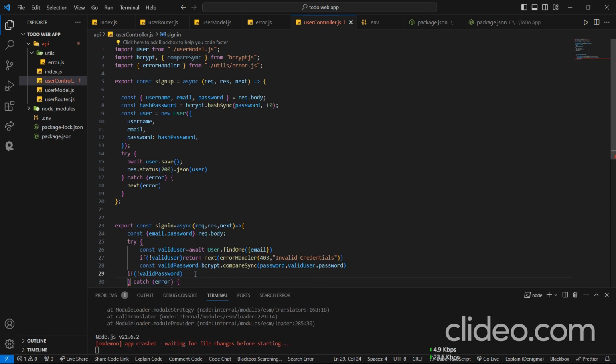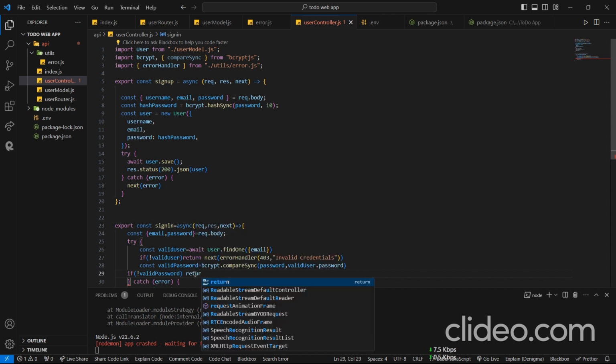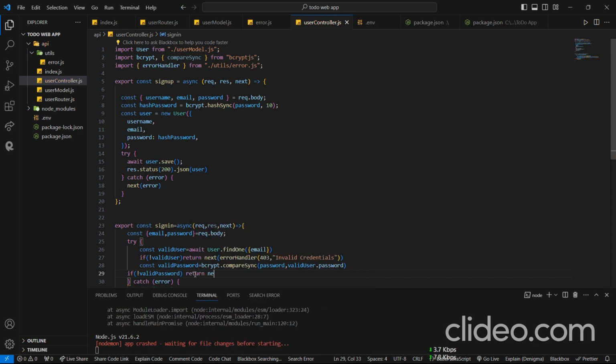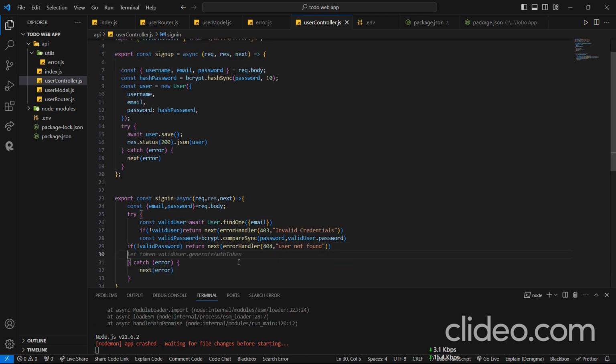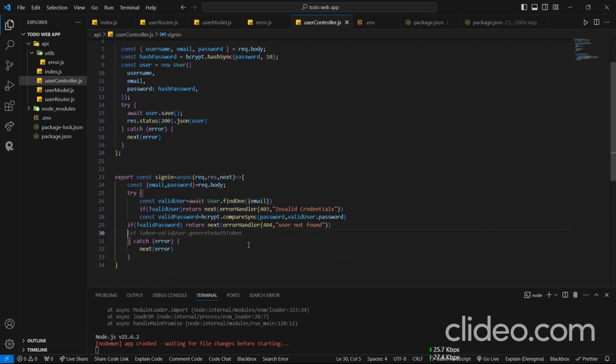We will return an error, error handler, an error known as 404 and user not found. But if the password was right and the user is also right,